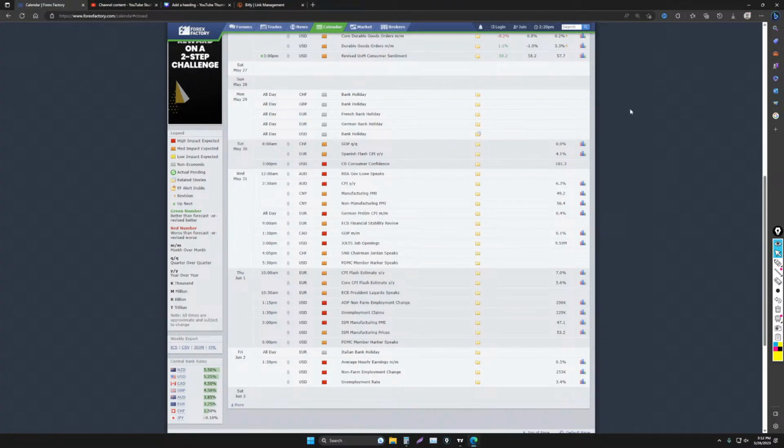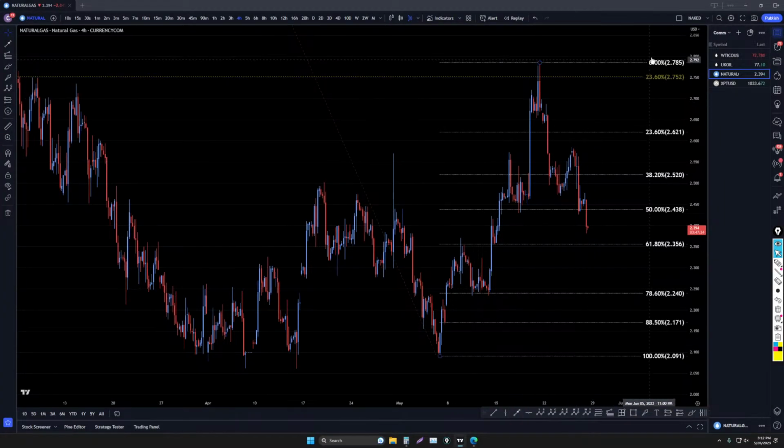So in a bit, I guess we'll go back and check out the dollar pairs. I don't see any more requests or anything, so let's go back and see what's going on with those dollar pairs. Looks like I still think the dollar is going to make that final push up.